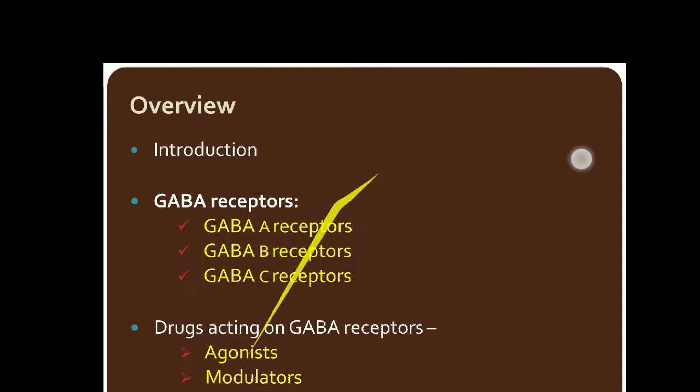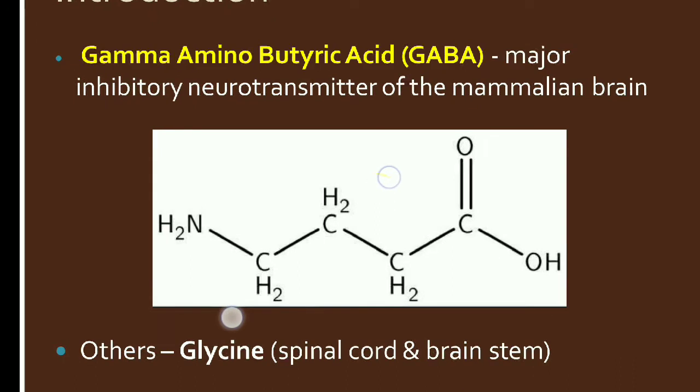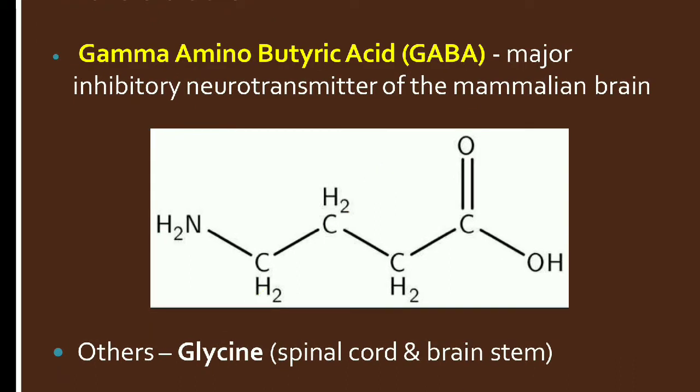Let's get started. When we talk about the introduction of GABA, GABA stands for gamma-aminobutyric acid. It's the inhibitory neurotransmitter of the mammalian brain. It's found basically in the CNS, the central nervous system. And another